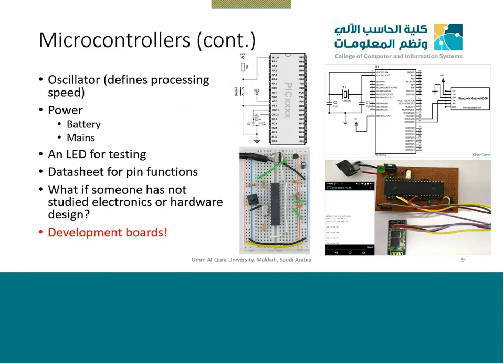microcontroller. Before we design or connect it with our sensors and output actuators, this is a common thing. Before starting, you connect all the basic circuitry, 5 volts and ground, or positive and negative from your battery, so it starts working. It needs an oscillator, which defines how many megahertz or kilohertz the processor runs at. On your left side, you see a microcontroller connected with a Bluetooth module. We will discuss how it works and how the functions are performed. But this is the inside of your basic IoT system.